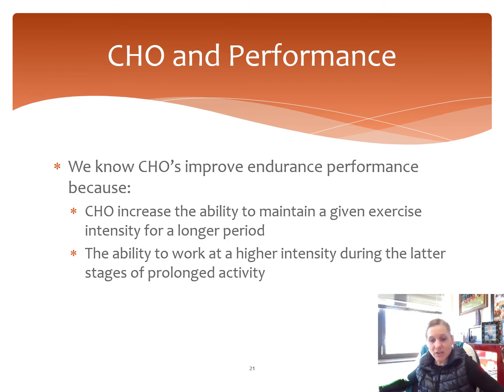Basically what we do in these types of studies, maybe I have somebody on a treadmill or using a bike or something along those lines. Treadmill is the easiest because we can set that standard amount of work and then we don't have to worry about it. They either keep up on the treadmill or they have to stop. So in these studies we would have our subjects run on the treadmill, for example, at a particular pace, and we would do that with carbohydrates, and then do another session where they did the same trial without